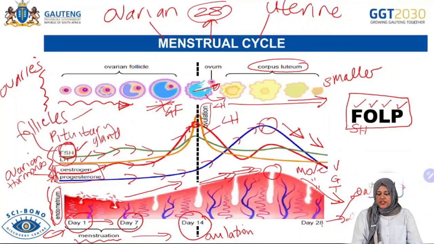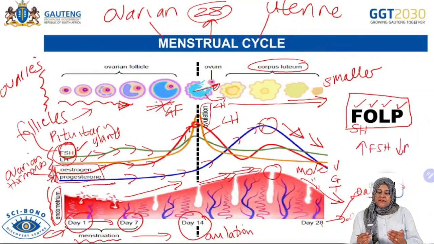Right? So progesterone is low while FSH is high. Now you can see here progesterone is low while FSH is increasing, and the moment progesterone increases, the blue graph, progesterone is increasing, FSH drops. FSH is now low. Okay? So the thinking behind this, or the reasoning, is because FSH produces follicles to produce a functional ovum, as I